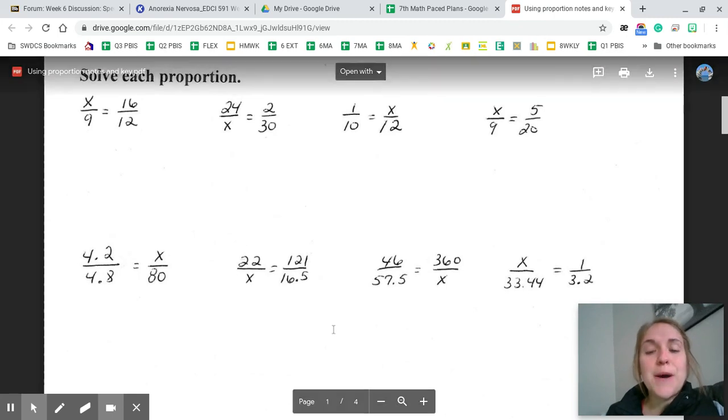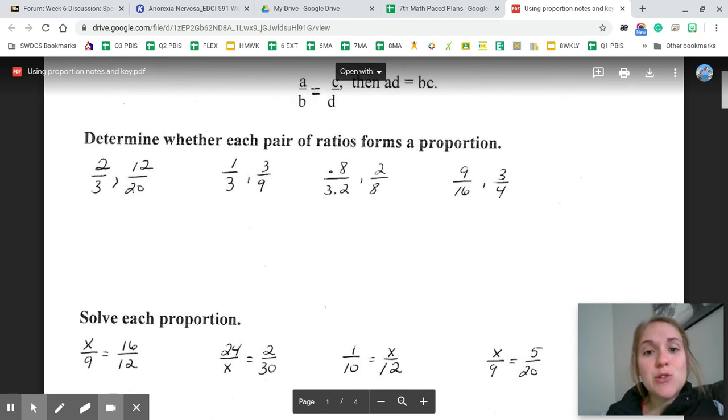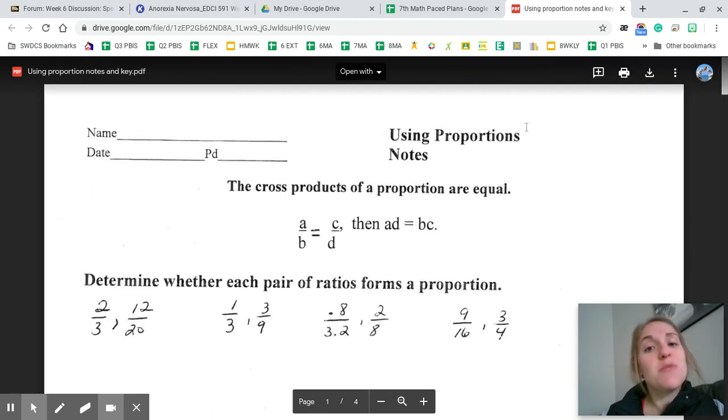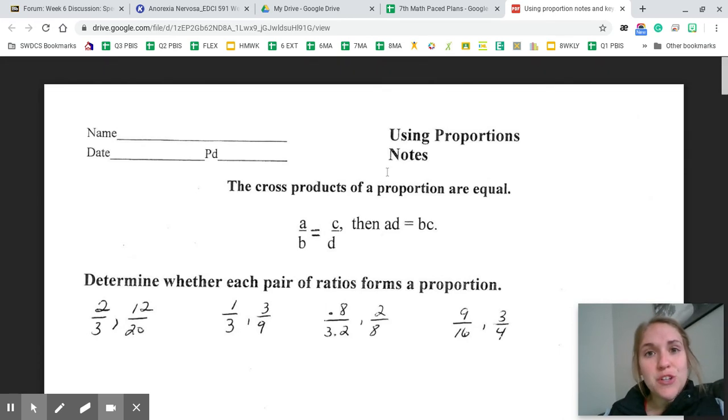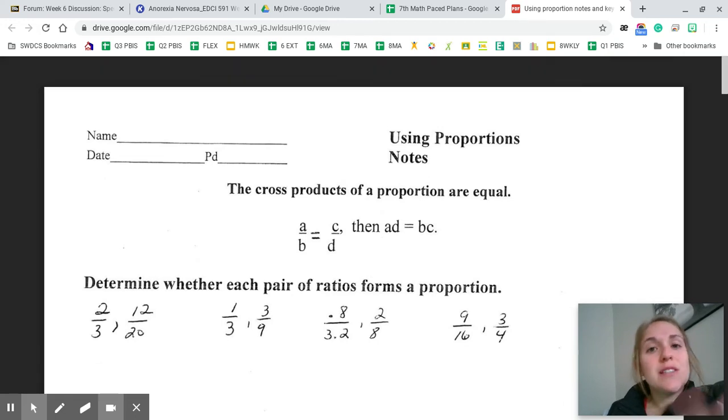Hey guys, I only have 5 minutes to make this video, so I'm going to go super fast. You should have your using proportions notes with you right now. If you don't, you need to pause and find them. The substitute should give them to you. But anyway, as I go super fast, feel free to pause the video as needed and then rejoin, replay whenever